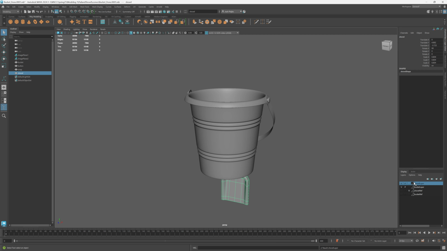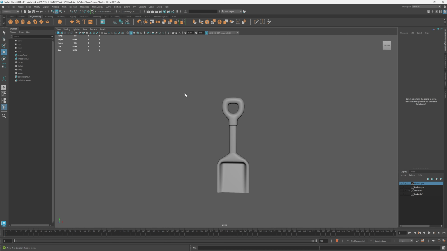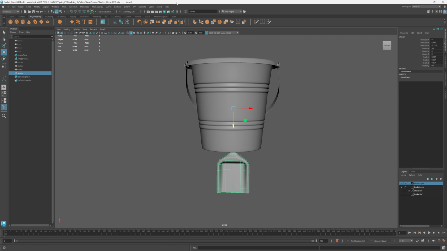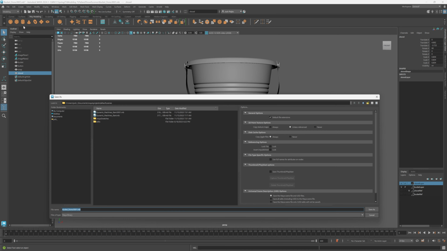So I don't need any materials, anything like that with this. I just want the bucket and the shovel for this first exercise that we're doing here. So those are what we need here. I have everything in here that makes sense. And last but not least, if I'm going to be submitting this, I want to name this. So this will be called bucket and shovel, and then use my last name